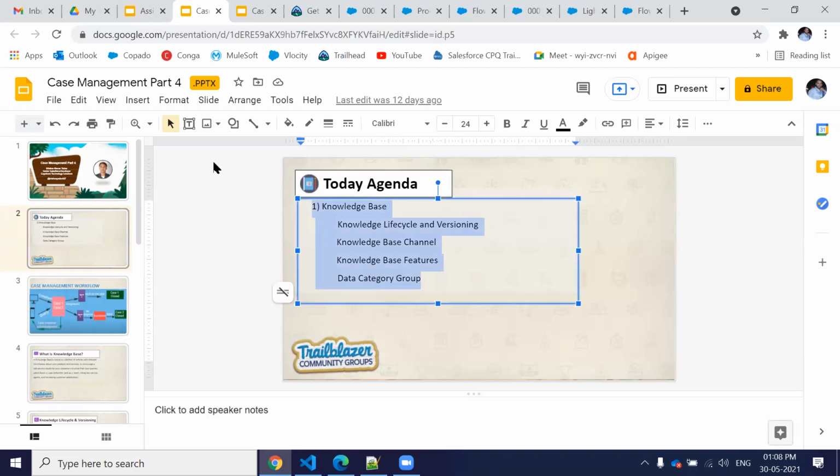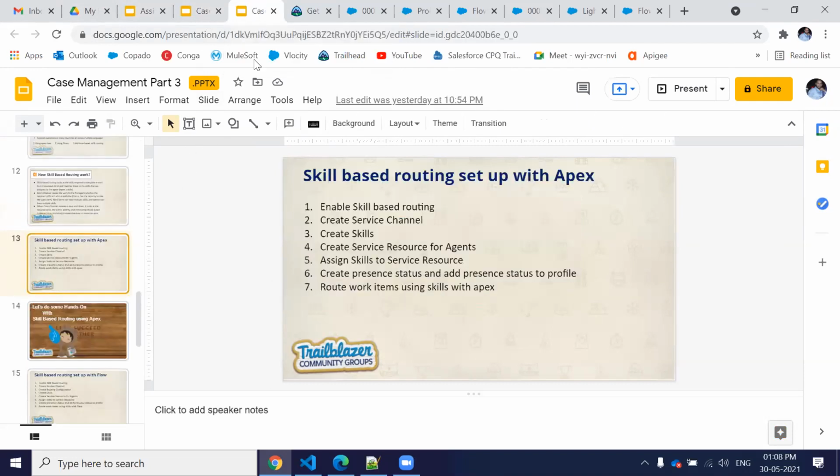So I'm going to cover that in the fifth session, and the last session is all about how we can set up communities and how we can use the CMS, the content management system, inside Salesforce. Whatever doubts you have from the beginning till the end, you can ask directly in that session. So are we planning communities and knowledge articles in one session?